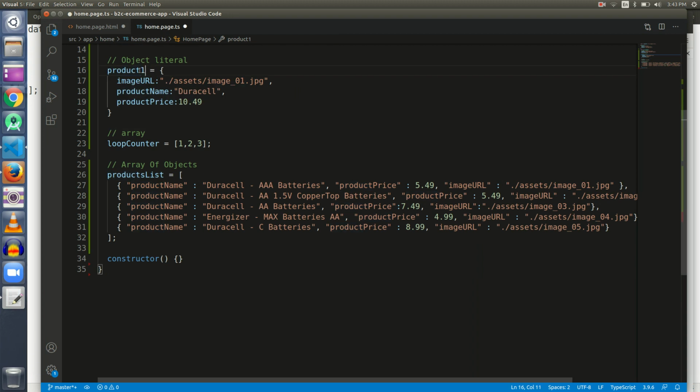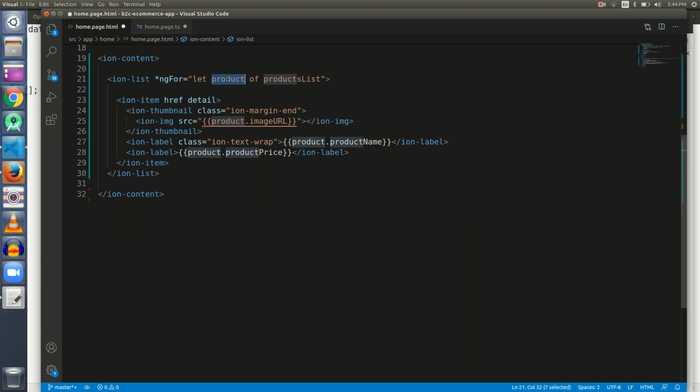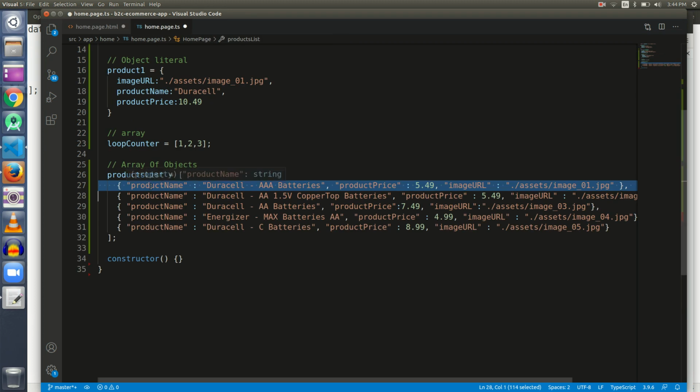Let me give it a name of product 1. Now in order to access the first property of the first object, I will use the name product. So when I say product.image URL and product.product name and product.product price, for the first iteration it will mean the values of the first object.